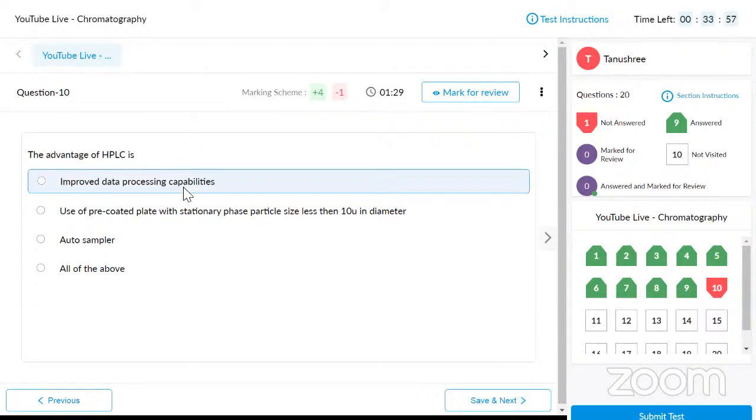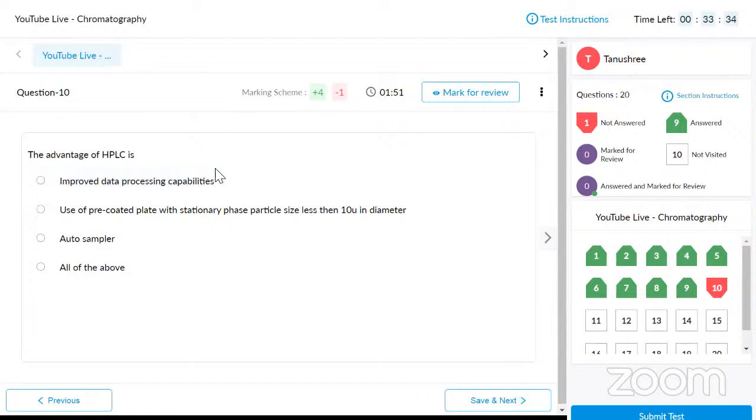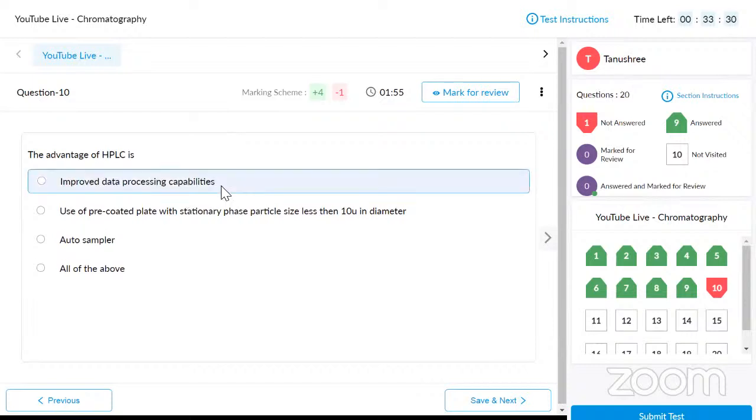Improved data processing capabilities, obviously why? Because you have the software which you attach along with your liquid chromatography technique. The software has all the programs and systems set in it, so it will produce the chromatogram and give you the area of the chromatogram. Also the detector response will give you the concentration of the sample that has been analyzed or separated. So obviously improved data processing capabilities तो है ही, इसीलिए नाम भी है उसका high pressure or high performance liquid